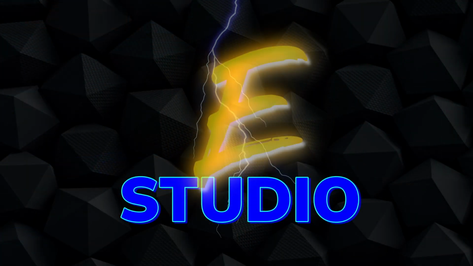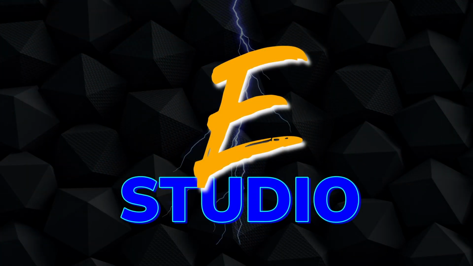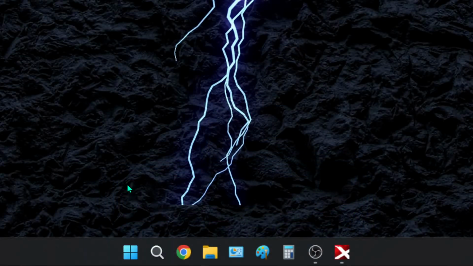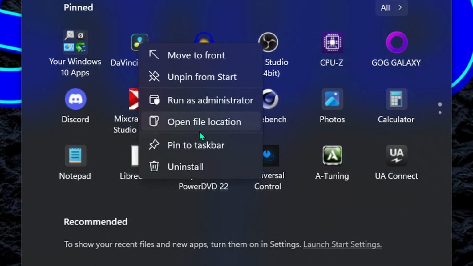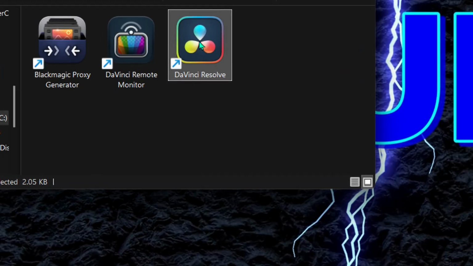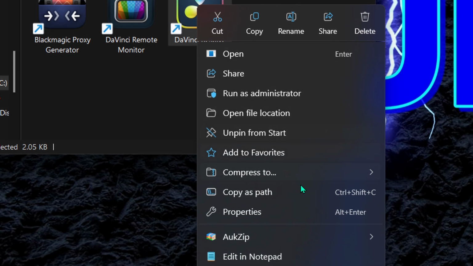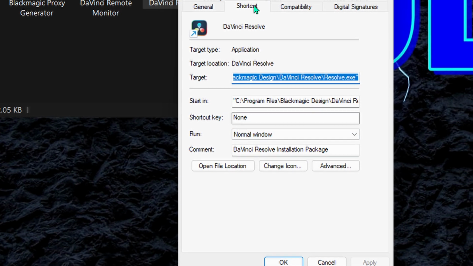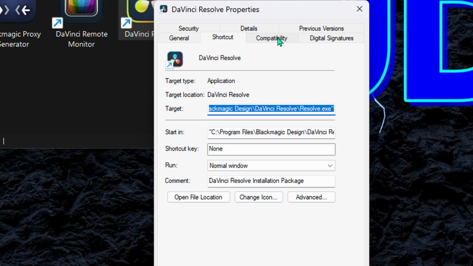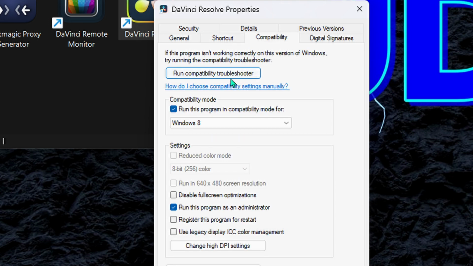Now let's get started. The first step is go to the DaVinci Resolve shortcut. Right-click and go to Open File Location. From there, we right-click again and go to Show More Options, then go down to Properties and click on the Compatibility tab. When there, we're going to click on Run this program in compatibility mode for Windows 8